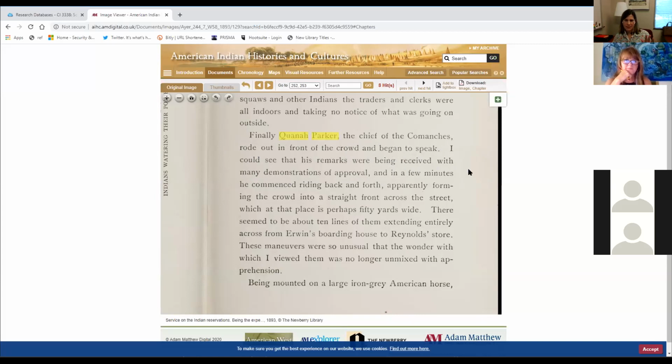Now, this is great. So let's say I want this one. Well, up here, I can download the image. So I'm not going to click on it, but it would just be this page. Or I could download the entire chapter if for some reason I needed that entire chapter. And then I also want to show you